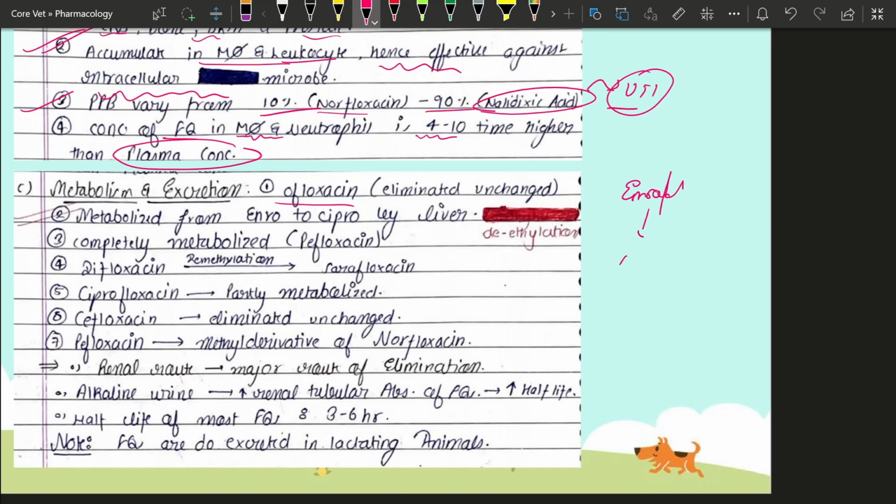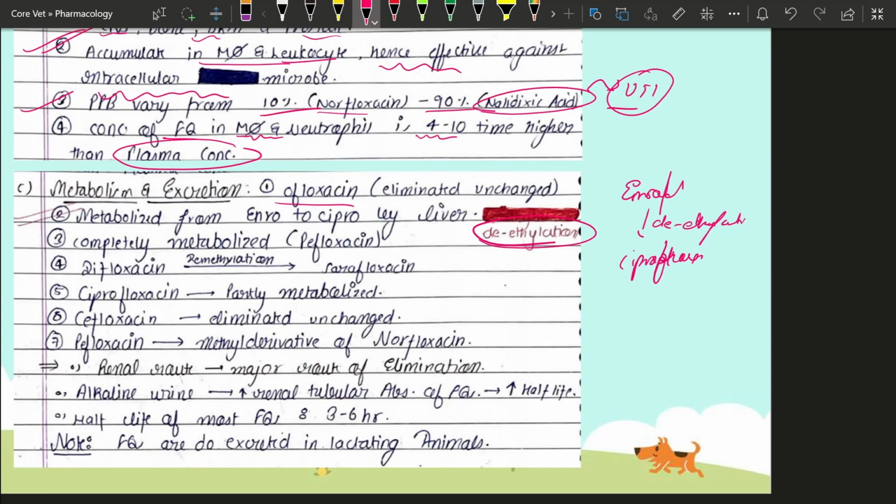It is going to convert to the ciprofloxacin in the body, right? Ciprofloxacin, right? And by which process is this enrofloxacin going to convert to ciprofloxacin? It is going to be metabolized inside the liver by the process of deethylation. It is going to transform by the process of what? Of deethylation, right? So the enrofloxacin is going to convert to the ciprofloxacin inside the liver by the process of